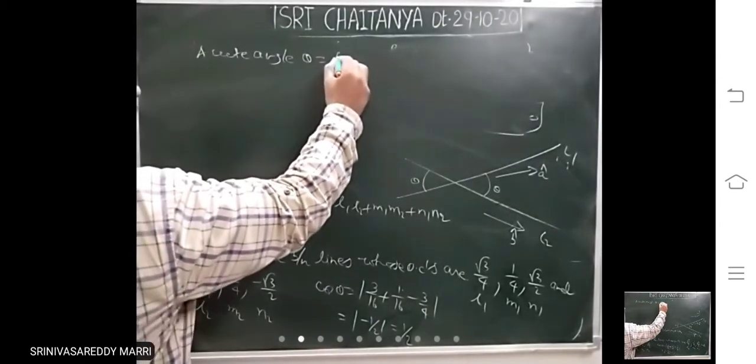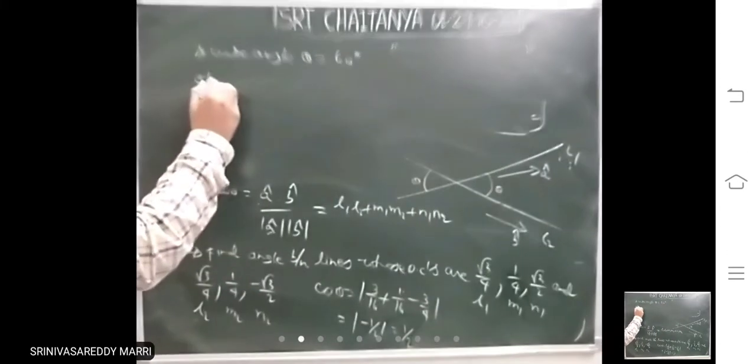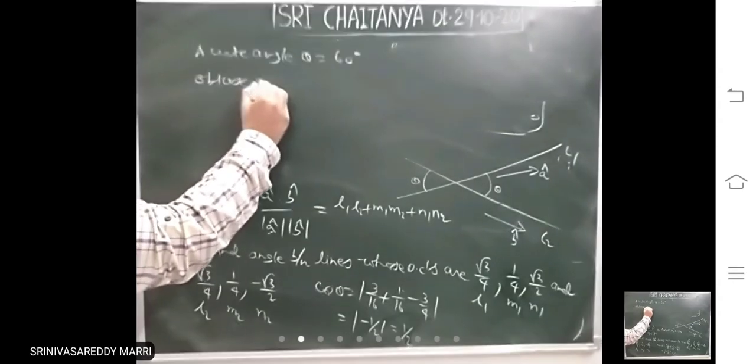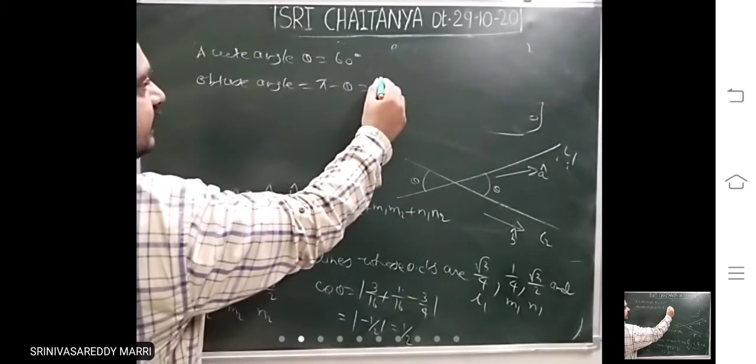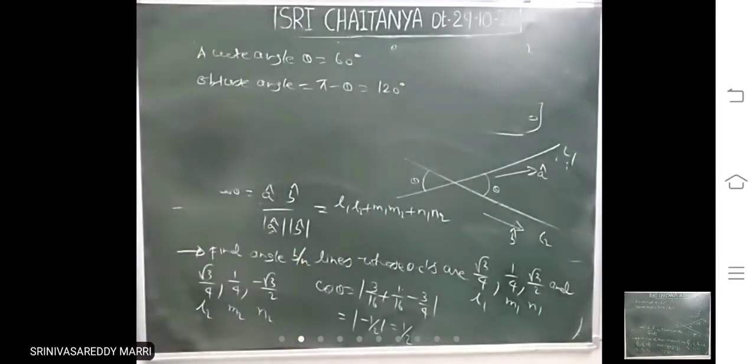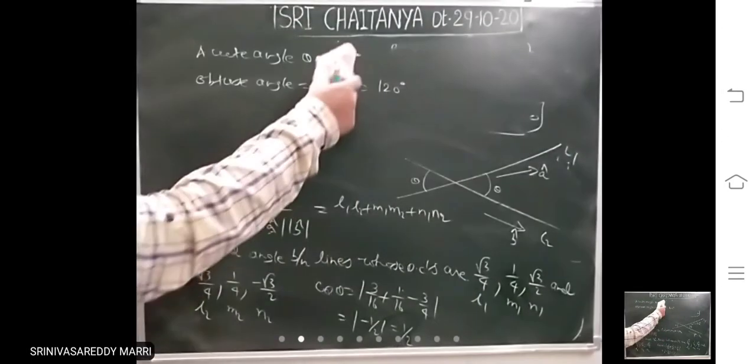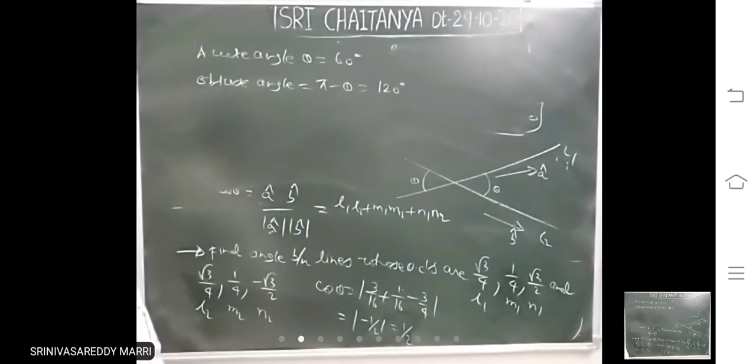So the acute angle between them is 60 degrees. And if we ask for the obtuse angle, it is pi minus theta, that means 180 minus 60, 120 degrees. You can use either of them, both are angles. No need to worry. If you got 60 degrees but the answer is not there, 180 minus that will also be given. Okay, like that when DCs are given.